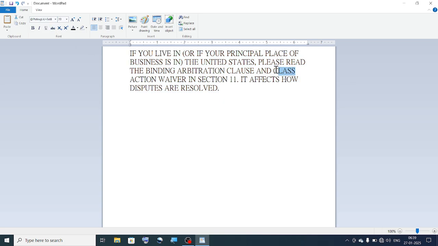Select the word "class", meaning "class" like a wrong word. Okay, so click the strikethrough. Look, see, "class" is a wrong word. Okay, and then any word you change, the effect changes, the text changes. Okay,